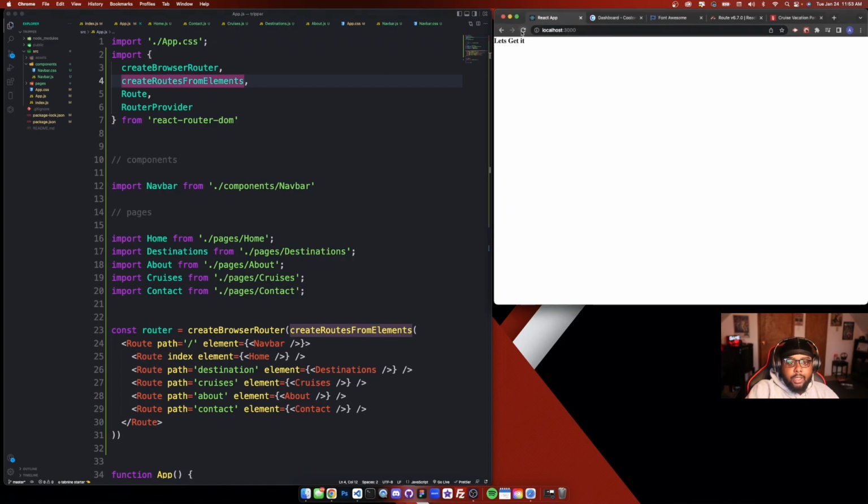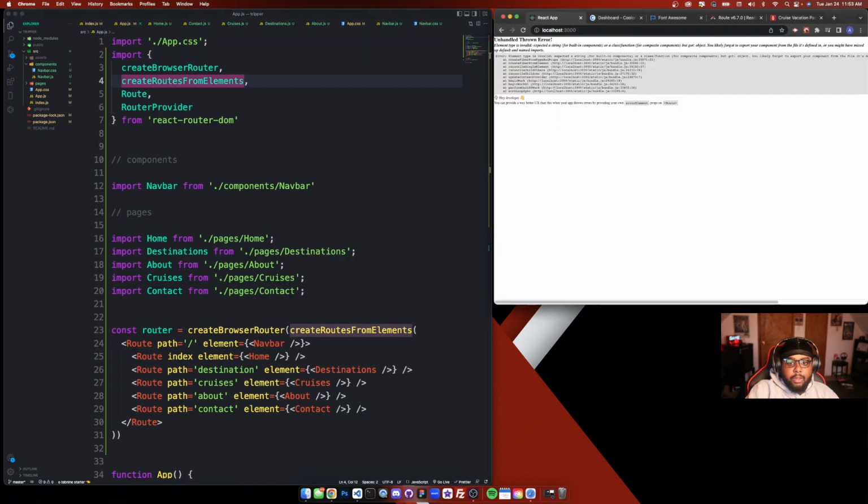Let's go ahead and see if we got any errors. Yep, we do got an error. Let's see what it is. Expected string, classification. Where at? Okay, element type is invalid. Expected string. Like we forgot to export your component